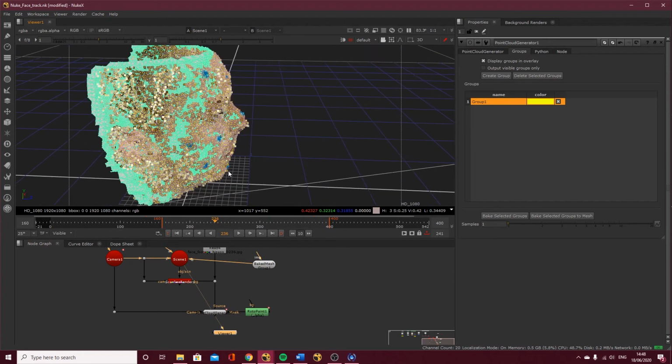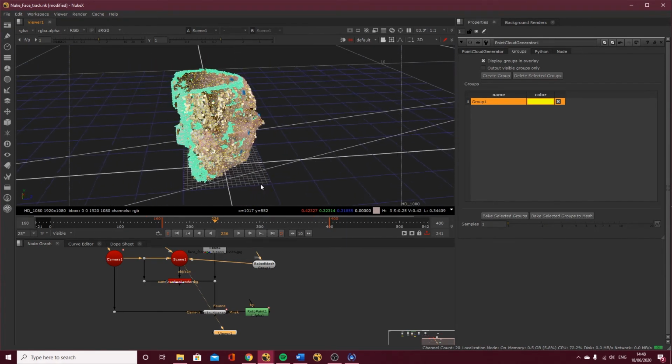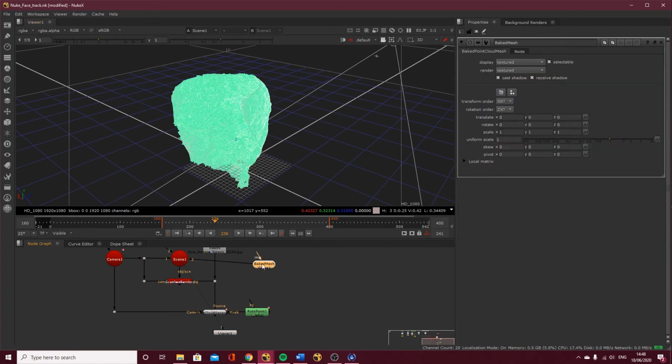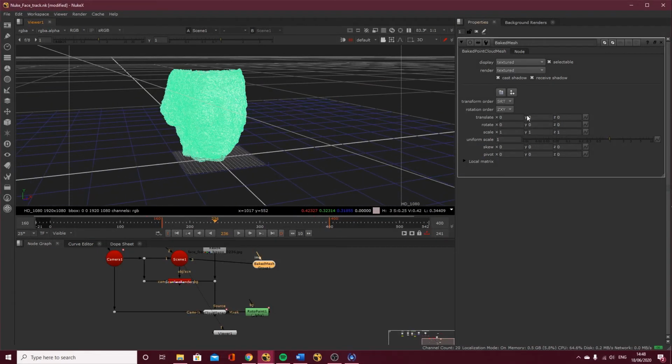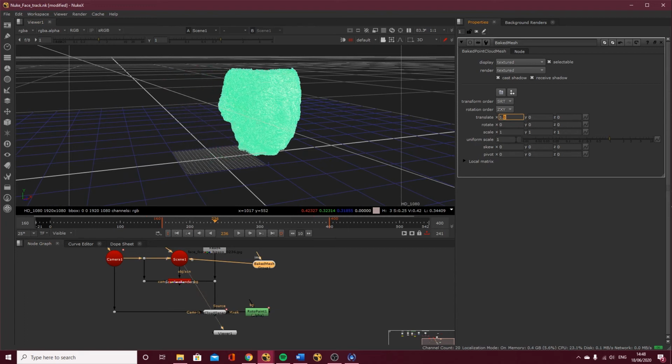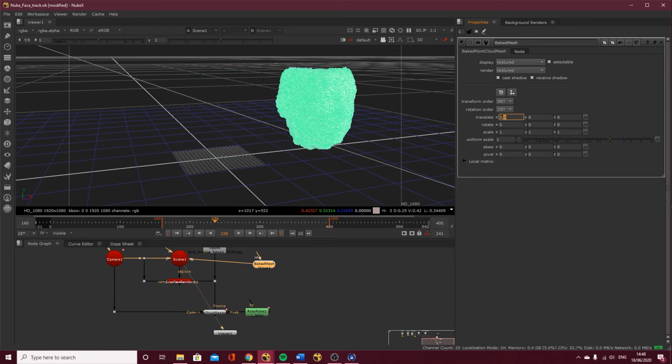Now what we need to do is evaluate how smooth that is. So if we just double click this, there should be a little gizmo in there to move it to the side, but if not, just go to translate along the X and move this to the side. Okay, so 3.2.